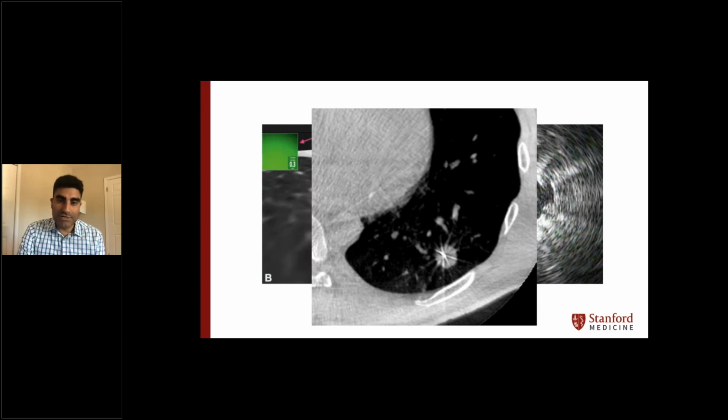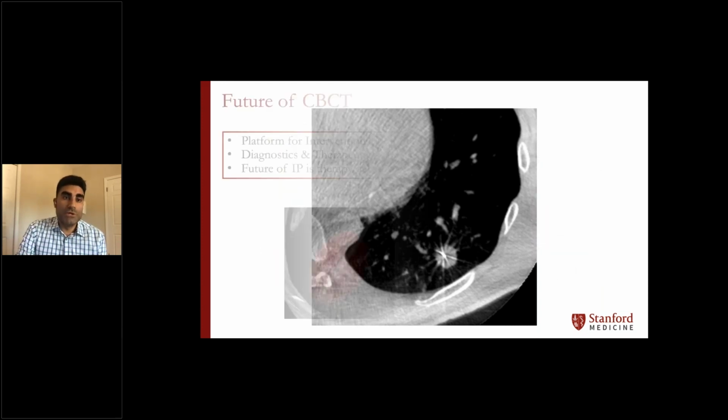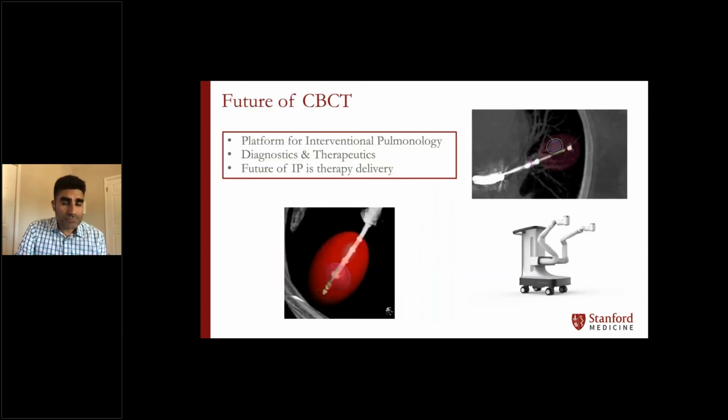And I really urge people to focus on this, because ultimately, the future for our field is going into therapeutics. And to be successful at therapeutics, you're going to need to master cone beam CT and diagnostics. It's not like we're going to do diagnostics as we are, and when therapeutics come out, we'll just jump into it. There's going to be some time frame that's needed, some work to be put in,